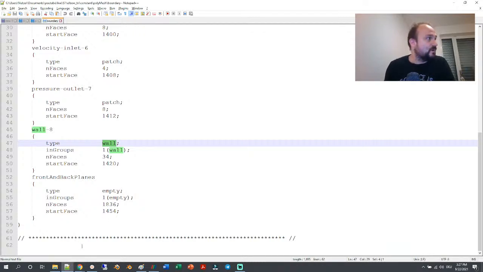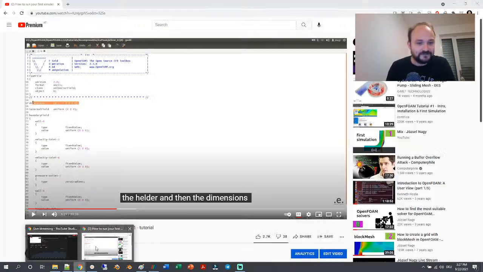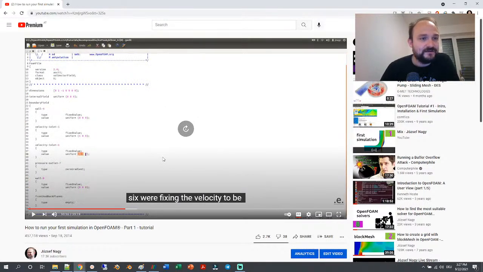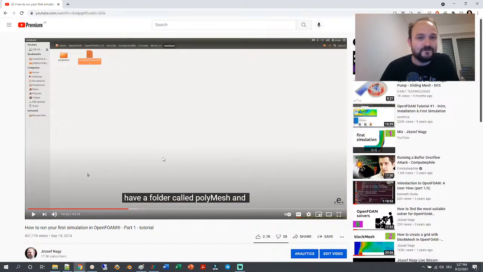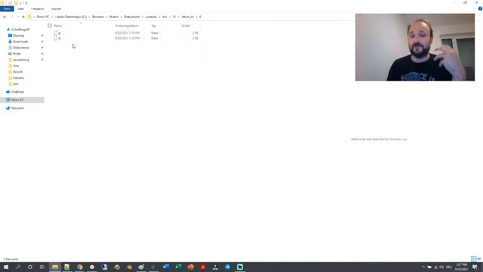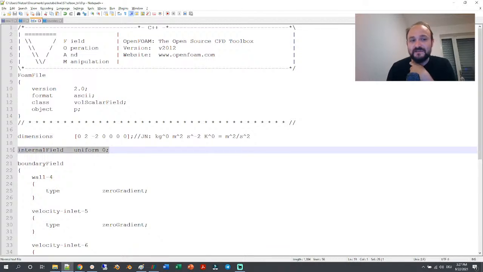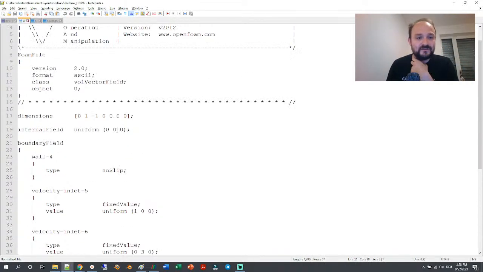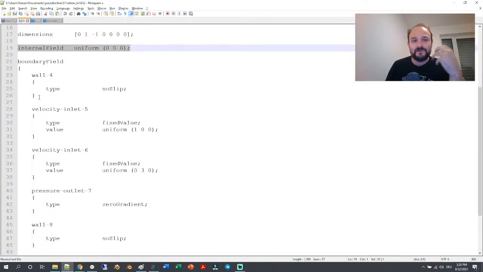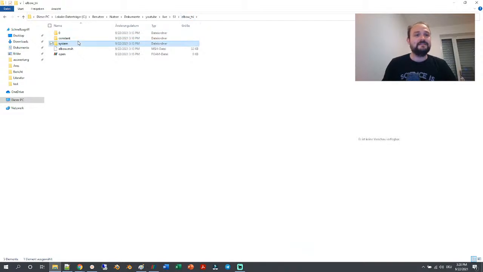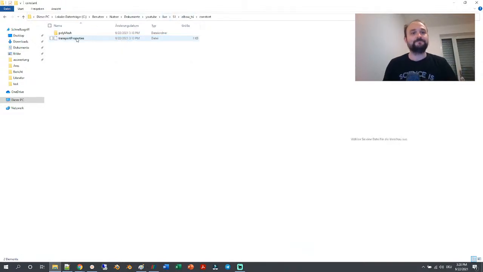Okay, so that was it. Let's just go back to my video. So this is the velocity here, and now we go further in our case setup. So in 0, we have our initial conditions and the boundary conditions. So initial conditions, I mean that we initialize the pressure with 0 and the velocity with 0, 0, 0. And the boundary conditions are here, these boundary fields that I just talked about. So this is what you have in 0, and then in constant, you have your mesh, which I just generated